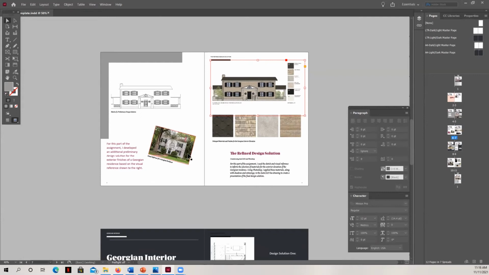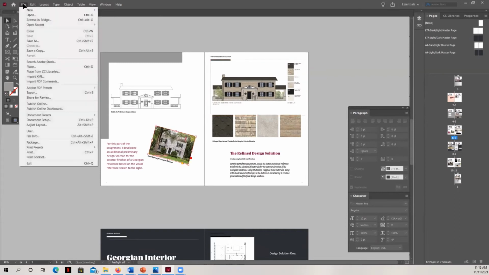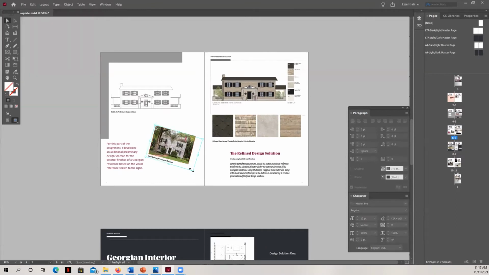And so what I did was I just clicked on this box, and then I went to place, and then I just searched for the link, that link folder, and I searched for the image, and then I hit place. And so when it comes in, this image itself, when I double click here, that gives me the box that the template created to place it in. But if I double click here on that image, this is the actual size of the linked file.